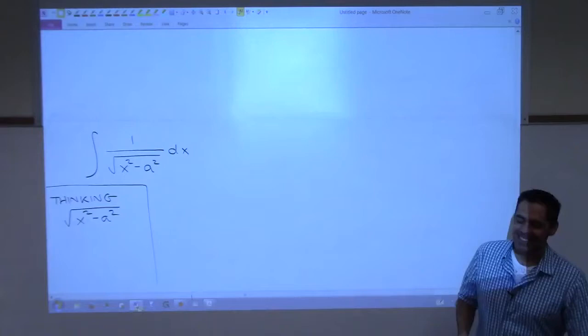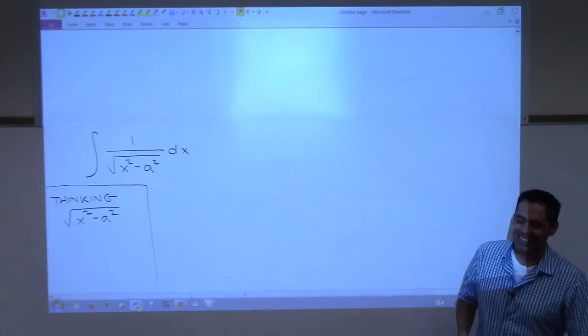If I try to use the x squared minus 25 as u, the derivative of it is 2x, but that's down here, and that's probably not going to work. So after you exhaust the other methods by just thinking through them and realizing, you know what, I've got a square root, I've got an x squared minus a squared. It looks a lot like this one. Then you can start thinking that you're going to probably use that formula,